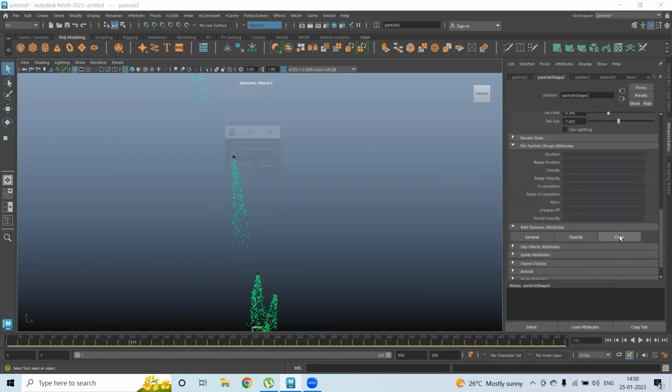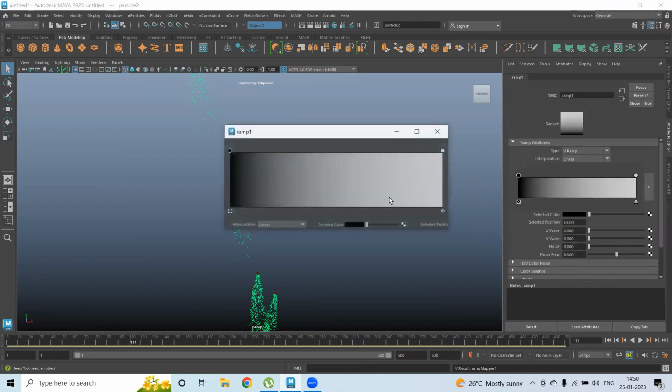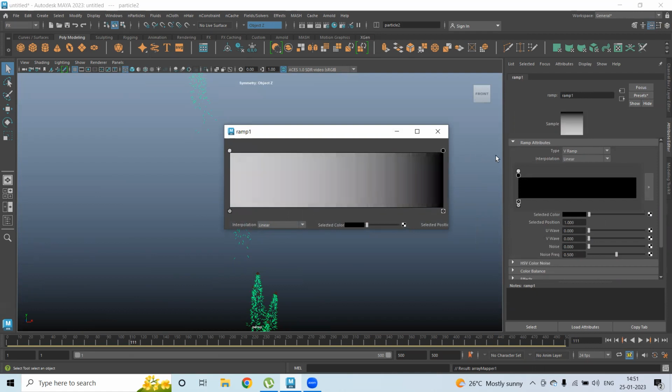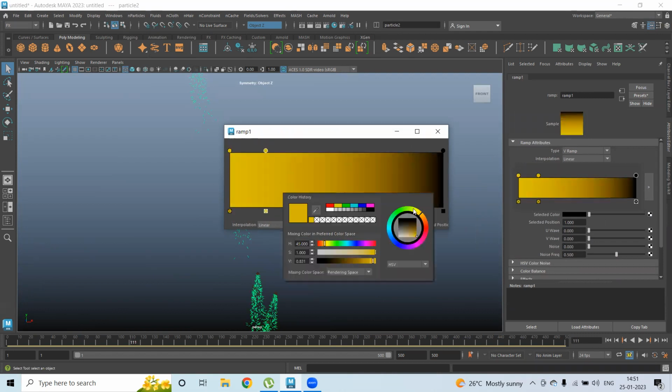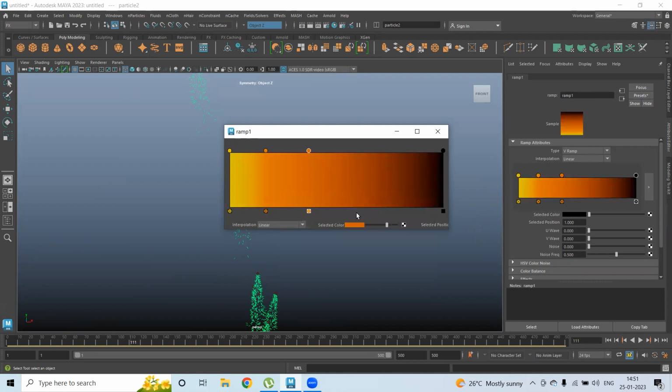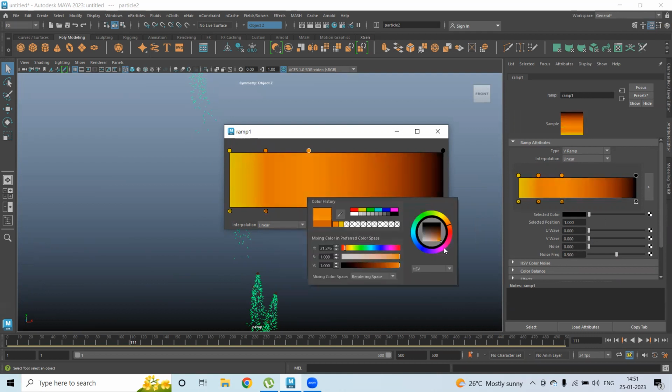That is, click on color, add per particle attribute, add attribute. You get RGB per particle. Right click, create a ramp, and right click, edit the ramp. So this is the fire part which we are looking for. The first part is this one. Then I create this one. Then